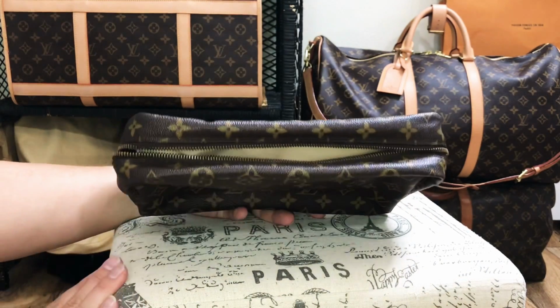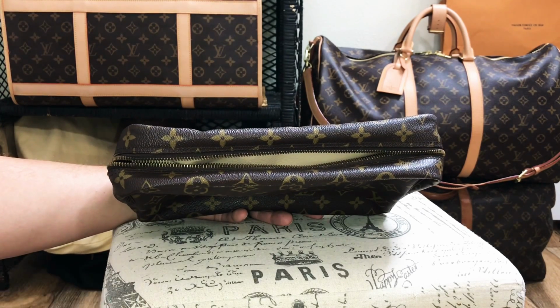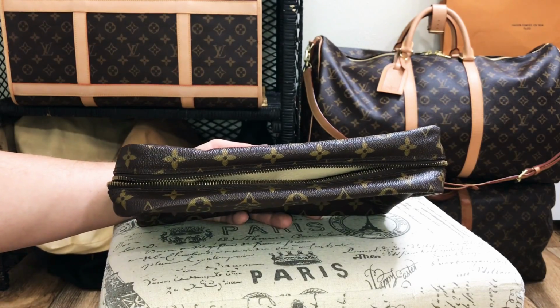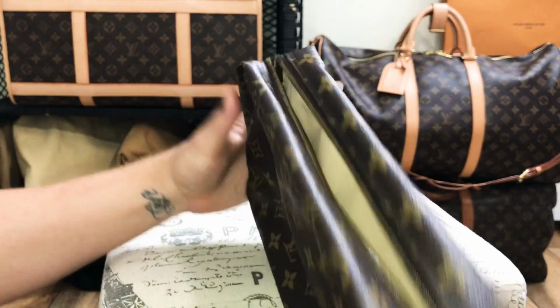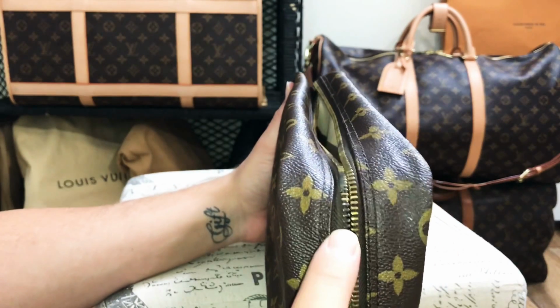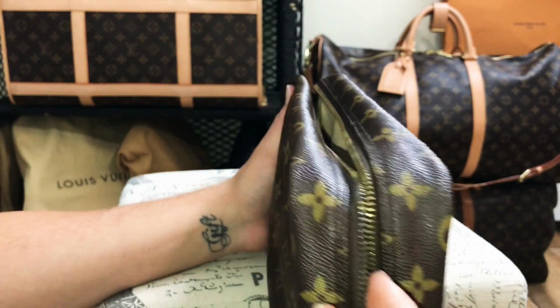And I'll go ahead and mention too, these both came from different people. So they've had different lives, they've seen different things, they've been different places, they've seen different wear and tear, you know? So this zipper on the GM size didn't come as clean as the PM. Now it is pretty shiny, don't get me wrong, it's really pretty. But along this side right here of the zipper track is severely tarnished, and I could not get the true